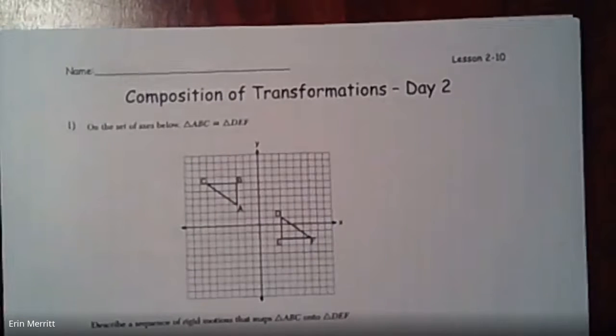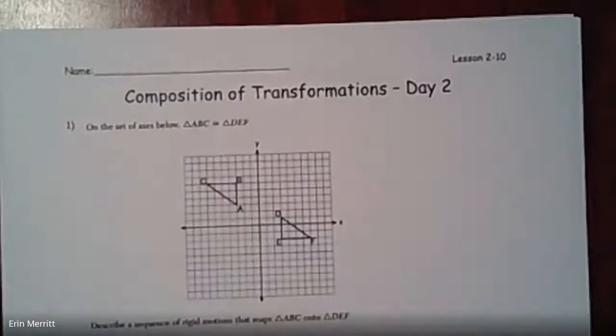So here, the first one, we're just going to hop right on in. You have triangles ABC and DEF drawn. And what that says there is triangle ABC is congruent to DEF. So you could almost think of D as being A prime and E as being B prime and F as being C prime. All right. So if you think about it like that, so that everything has to match up, it says